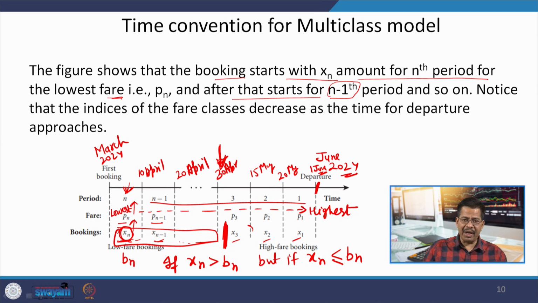That makes our life slightly comfortable: rather than doing the entire calculation for all the booking classes available at a particular time, you only have to do the calculation for the particular booking class for which you are going to accept bookings in that period. So, these are some of the conventions which we are going to follow when we develop the multi-class model, and that model we will do in our next